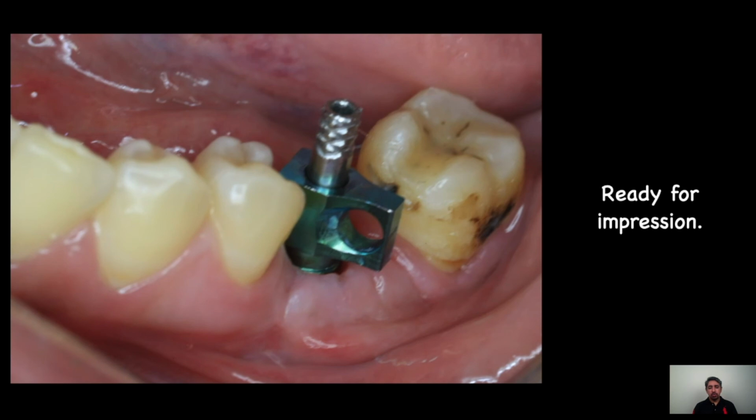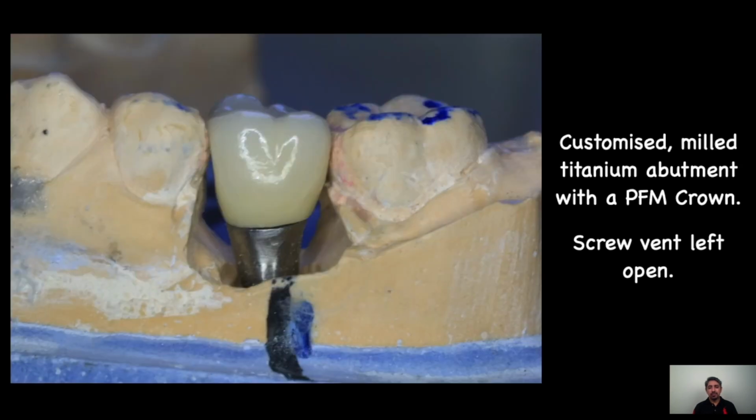So an open tray method was used for making the final impressions, and a customized milled titanium abutment was fabricated along with a porcelain fused to metal crown. This was going to be a cement retained crown, and the reason for this prosthetic design was because the implant was really quite deep inside, and as I spoke about earlier, the healing abutment that I placed was 7 millimeters long, and so as to bring the restorative margin just about 0.5 millimeters subgingival, we fabricated a customized